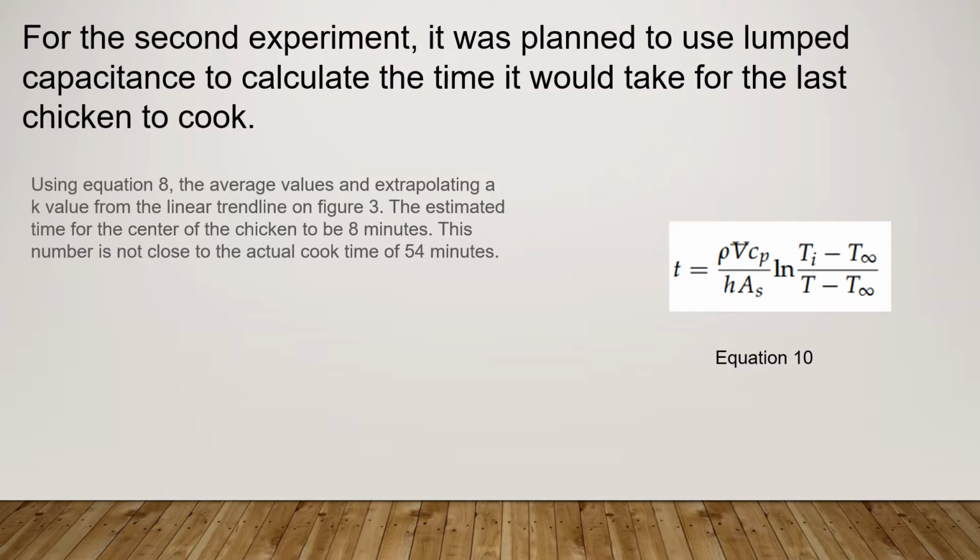Using this equation, the average values of the experimentation at K value from the linear trending of the figure that was mentioned before, the estimated time for the center of the chicken is about 8 minutes. This number is not close to the actual cook time of 54 minutes. So basically what our calculations were showing was that within 8 minutes we would be able to have the chicken